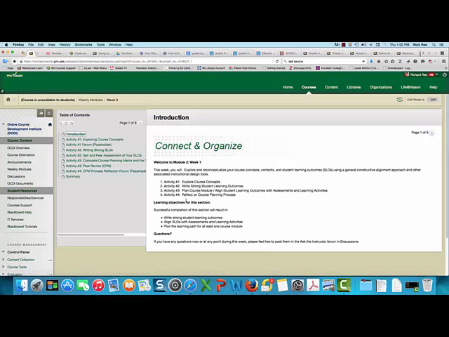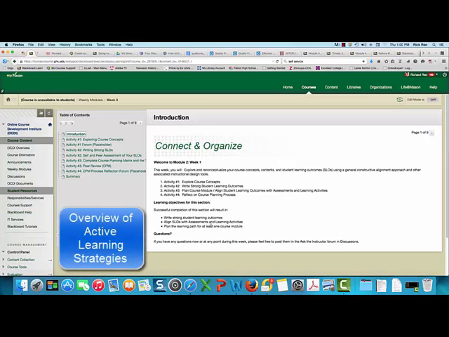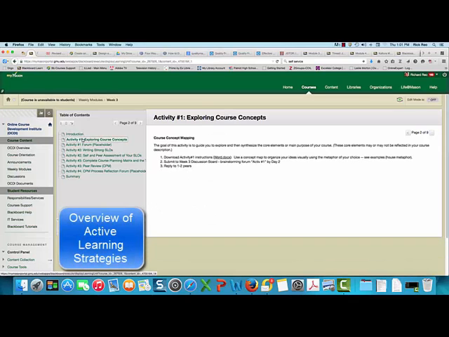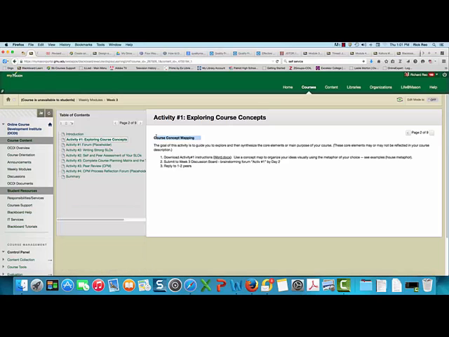So here's a module, just the introductory module here. The first active learning strategy involves exploring concepts. This is the idea of just kind of mapping their course, kind of getting them started to think about revising learning objectives and aligning that with their learning activities and assessments. So well before that, we want to just kind of say, so what's the purpose of your course? We know you got your course description. Often we know course descriptions are often mandated,